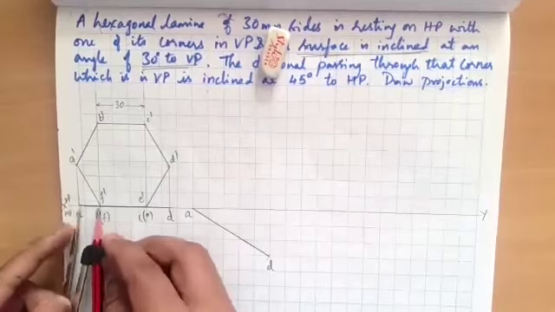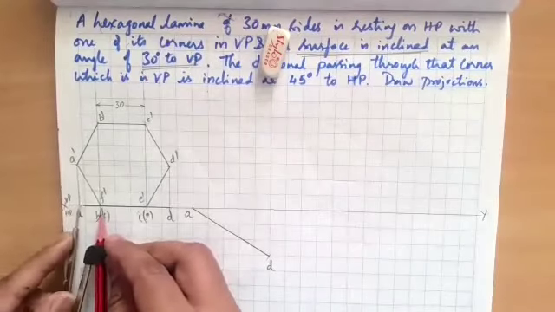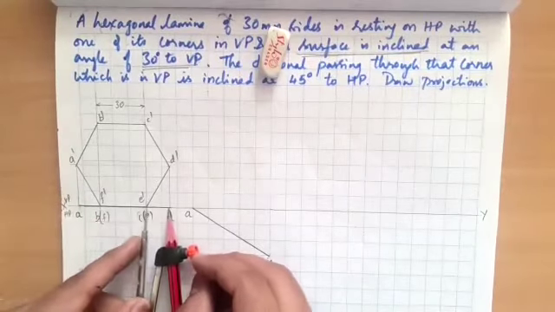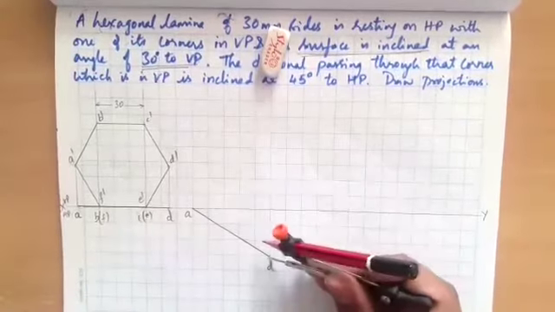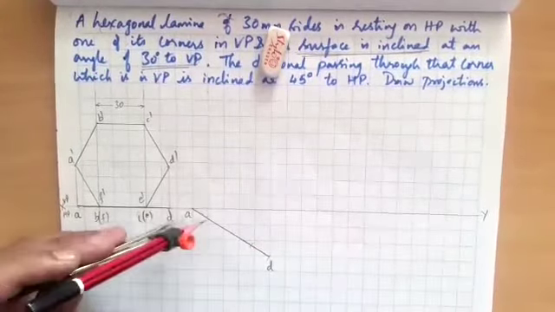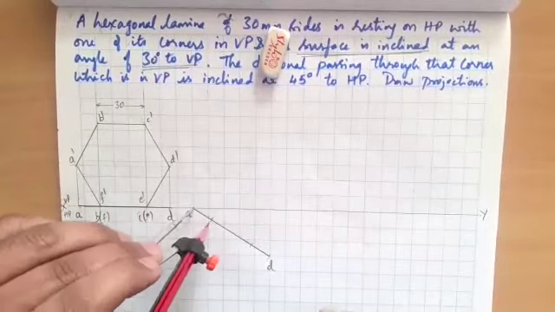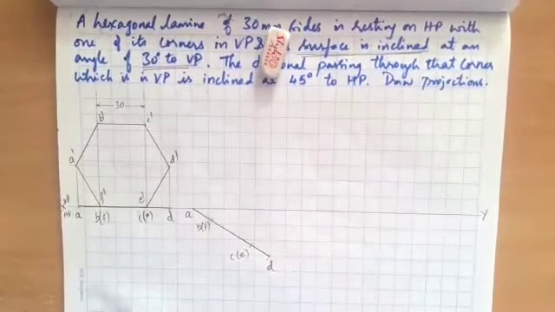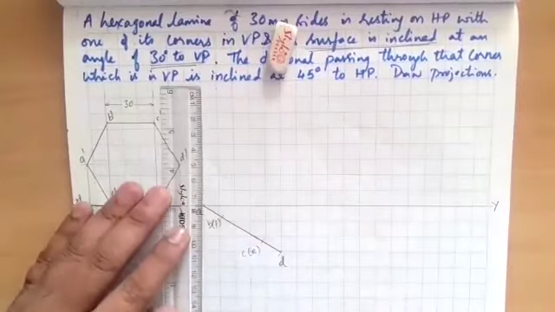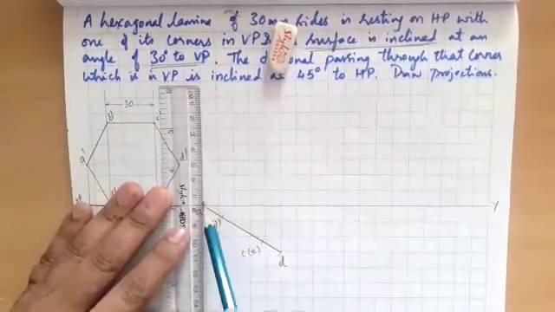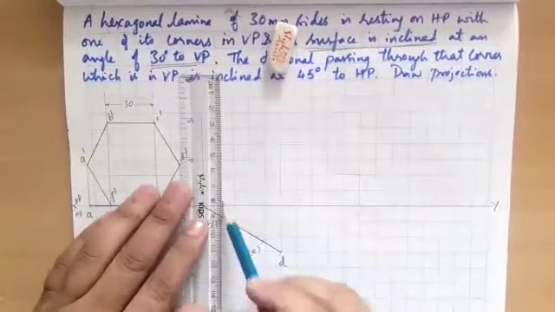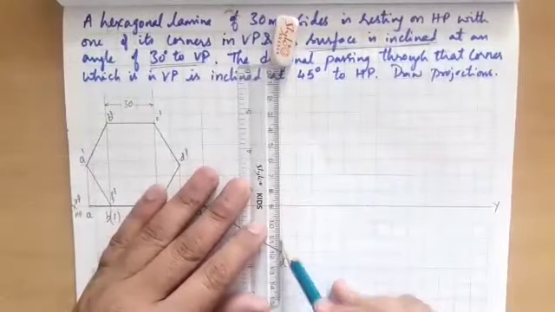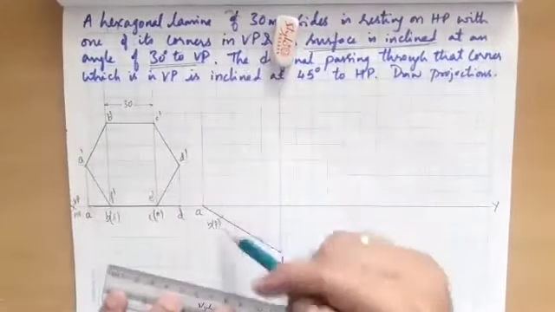Here in the hexagonal lamina, A to B of F will be equal to D to C of E. So this will be same as A to this one. Name it B of F, C of E, and draw the front view. To draw the front view, I'm going to extend the lines from A towards the vertical line, again from B, again from C and D, and E and F.